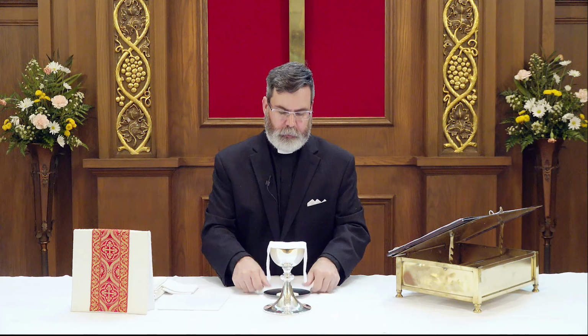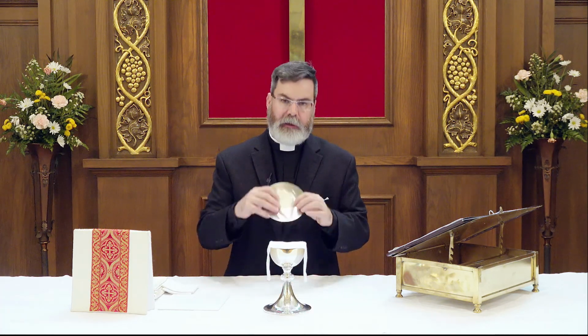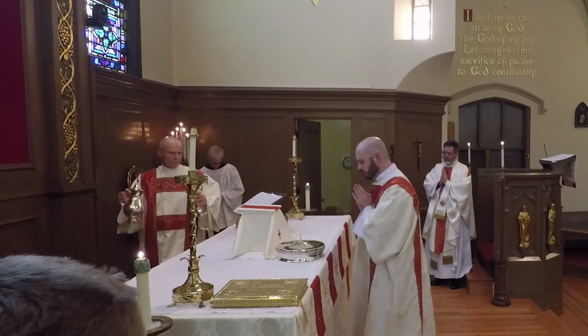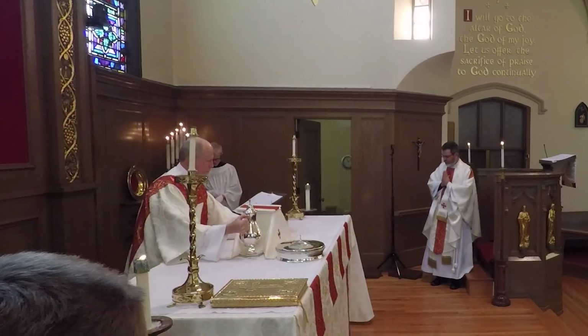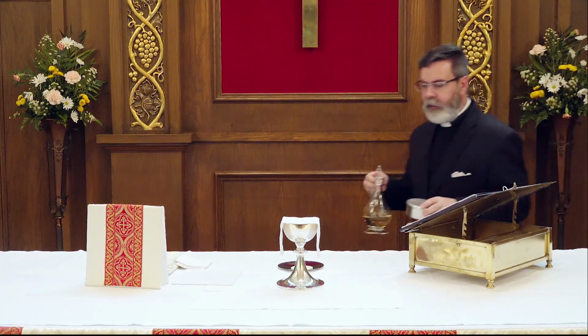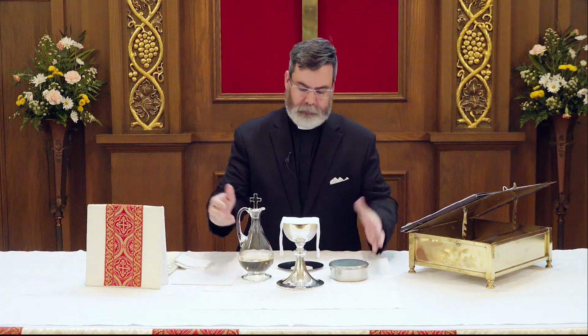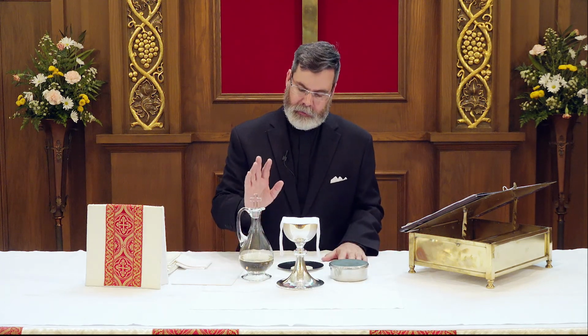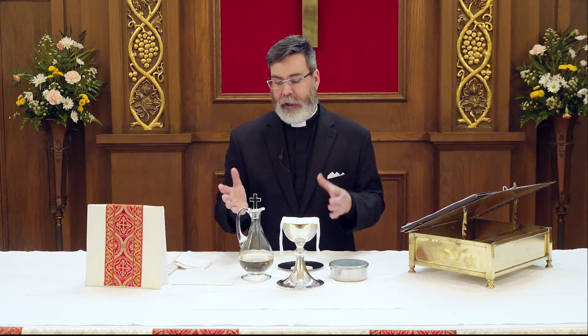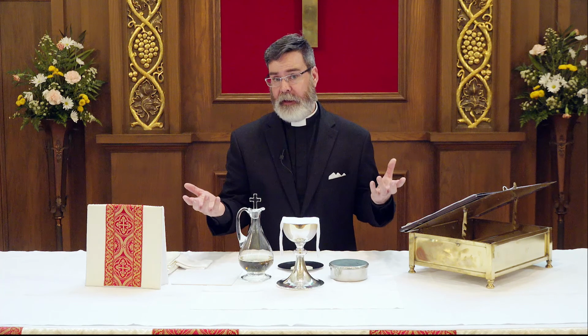Then the pastor will, at this point, now you're ready to bring the bread and the wine. The celebrant's host is already on the paten, but the hosts that are going to be used for the distribution are slightly different. Once the chalice and paten are ready, then the pastor goes and gets the vessels that have the rest of the elements in it. So he simply needs to have this handy and ready. This is about what he expects to use. And we have a formula that basically 1/2 of a cup of wine will commune 20 people. So we actually measure with a measuring cup so we have the right amount,